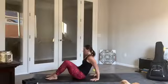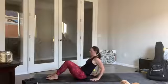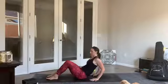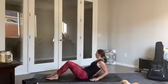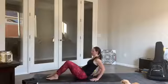And from here, we're going to bend the elbows slightly. Lift the heart forward so you're squeezing the shoulder blades together. Imagining that you're holding a pencil in between them. Keep the shoulders together, draw those elbows in, and then slowly lower the elbows down to hover, and then push it back up. Lower to hover,